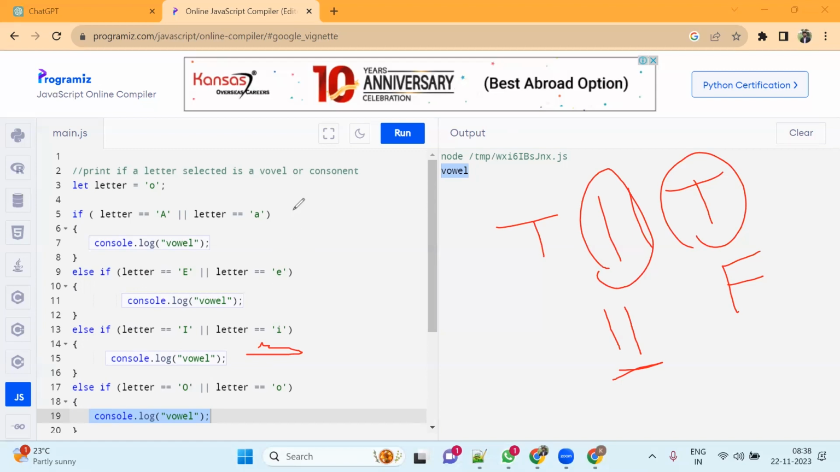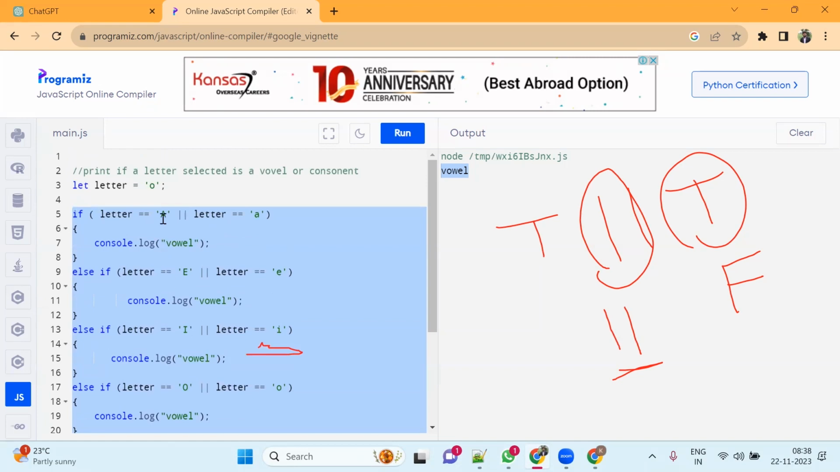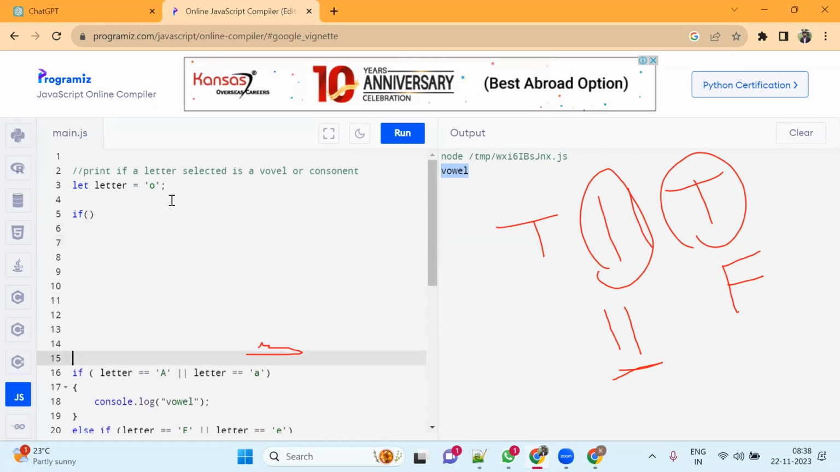So now this much big code I don't need. This is the big code now. This much big code I don't need. I can make one line of code now here. How? We have the OR statement. So if letter is equals to A, or letter